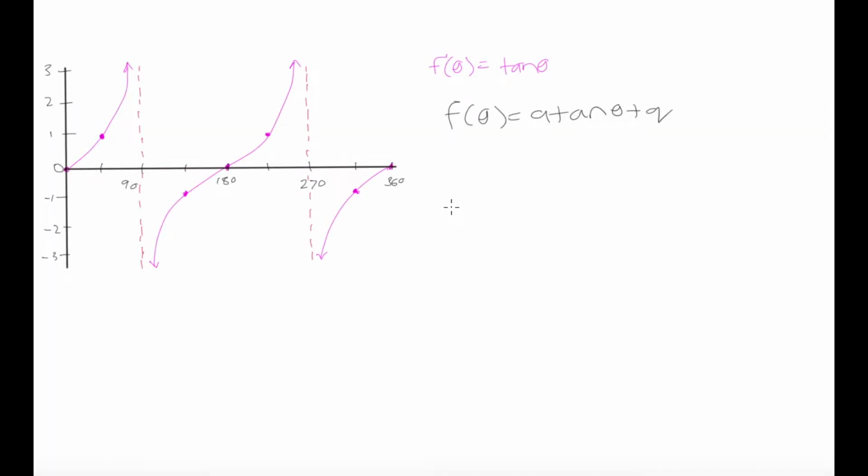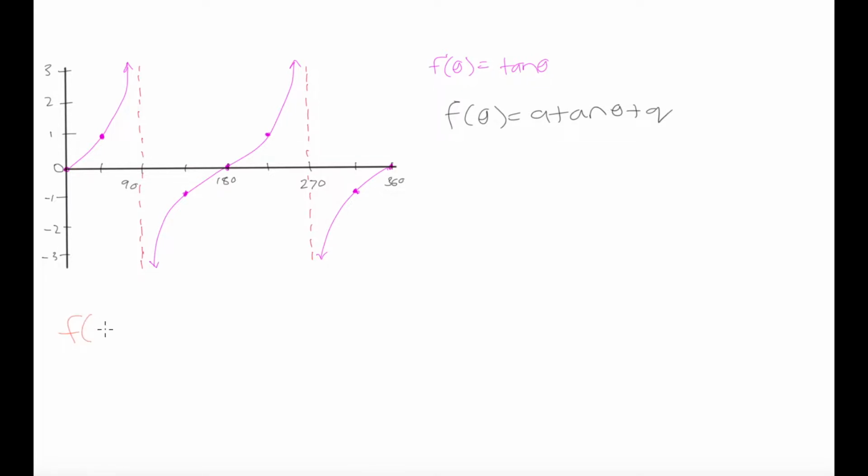In the last few videos, we looked at the tan function, and we looked at what the effects of A were and what the effects of Q were on the appearance of the graph. And in this lesson, we're just going to go over a couple of examples to make sure that we have understood that completely. And so with our first example, let's start out by looking at what we would get if